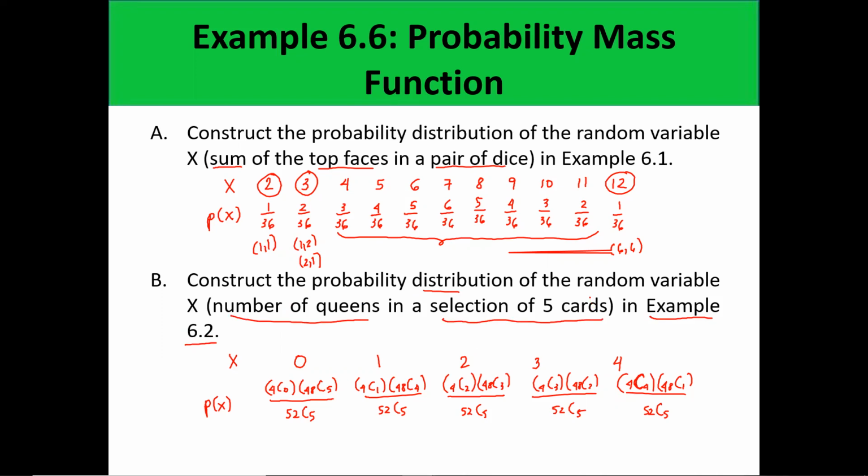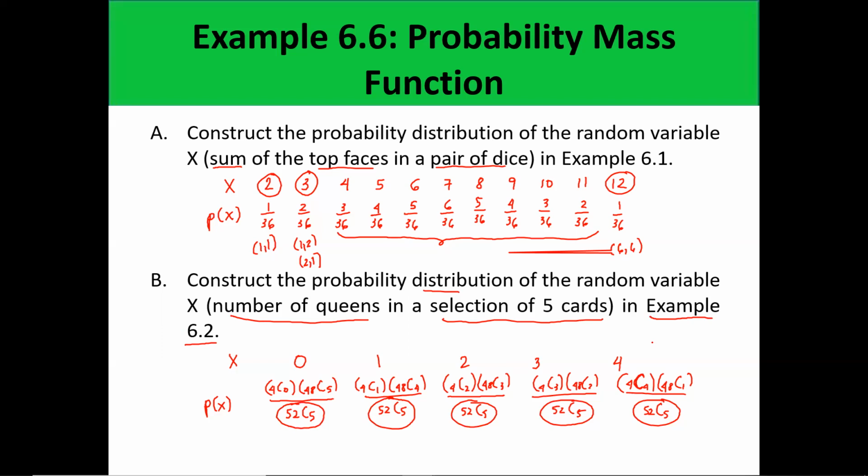So since we are selecting 5 cards from 52 playing cards, the total outcomes of the sample space would be 52 combination 5. And then, since the random variable x is the number of queens, the possible values of x would be 0, 1, 2, 3, and 4. So x equals 0 means that the selection does not have any queen cards. X equals 1, 2, 3, 4 means that the selection has exactly 1, exactly 2, exactly 3, or exactly 4